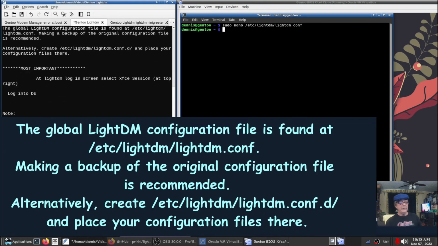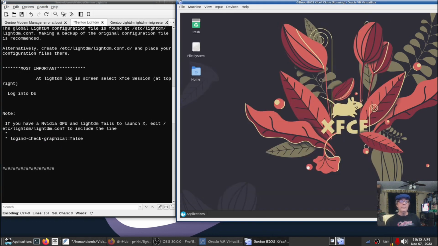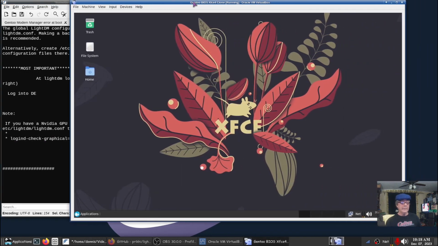And that's it. If you do have a problem launching it, go back into your lightdm.conf file and add this: logind-check-graphical=false. That should help if you have an NVIDIA card. All right. So there is another